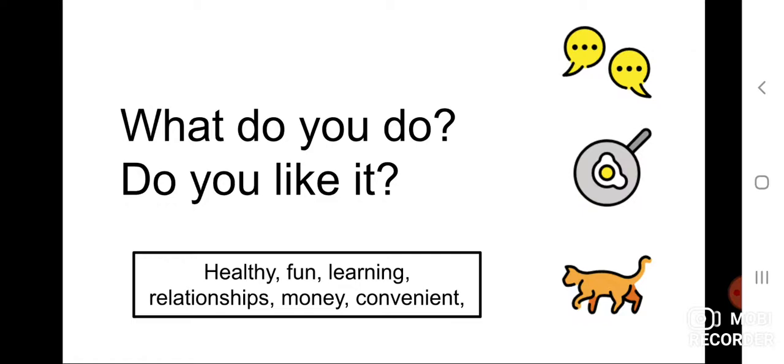I would ask them to go into their small groups and talk about, hey, do you like it? Do you like being a student? And I would remind them that they can use these 6 reasons for anything. For example, yes, I like being a student.